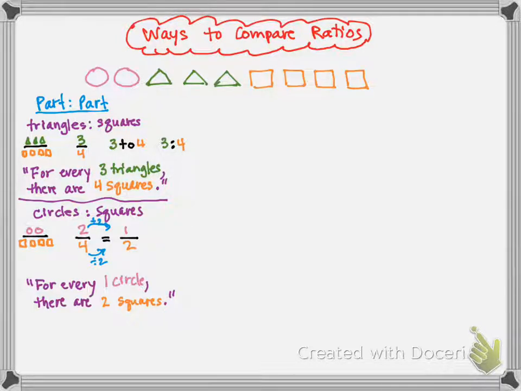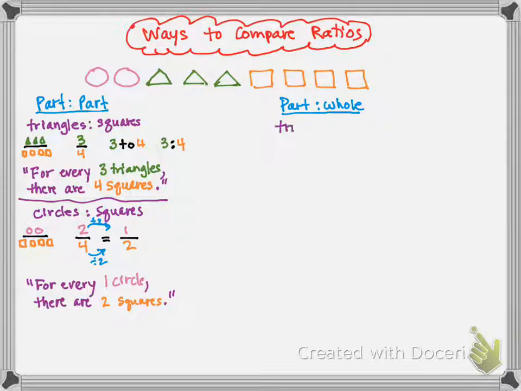So how is part to part different from the next guy, which is part to whole? Okay, so when I talk about whole, I'm talking about all those shapes together, okay? And the part is going to be just the circles or just the triangles or just the squares, or it could be a combination, circles and triangles together, triangles and squares together, circles and squares. So we're going to do one example of these,